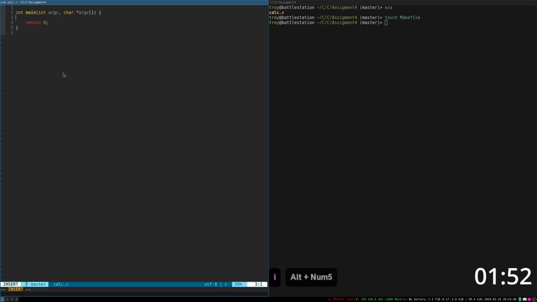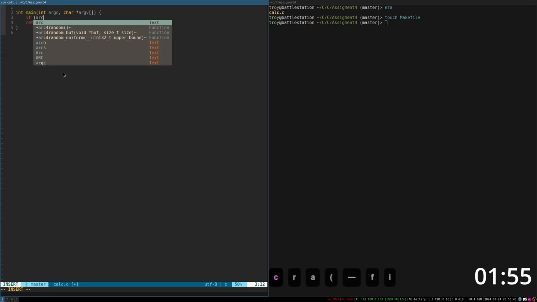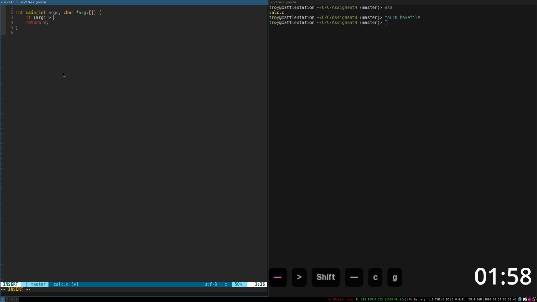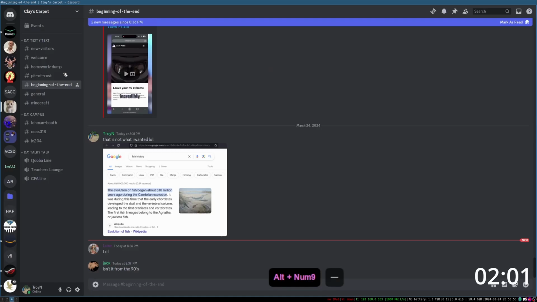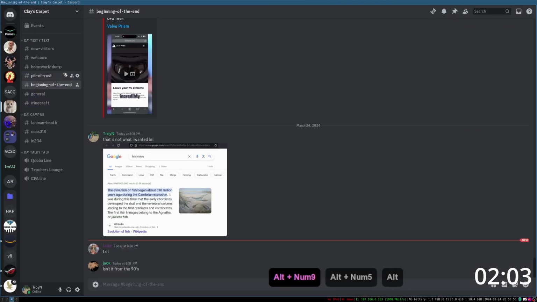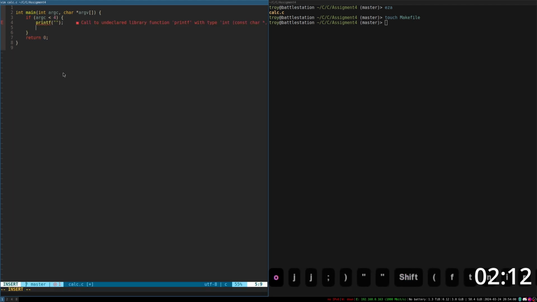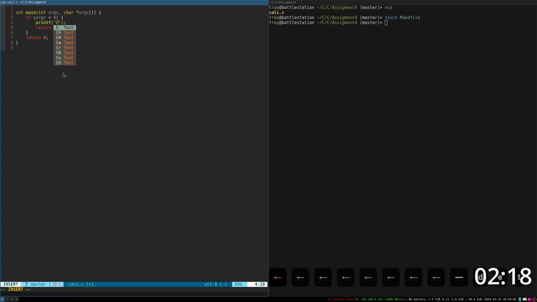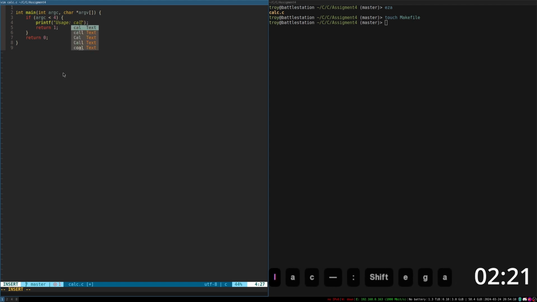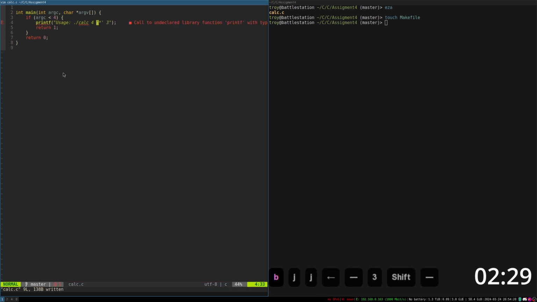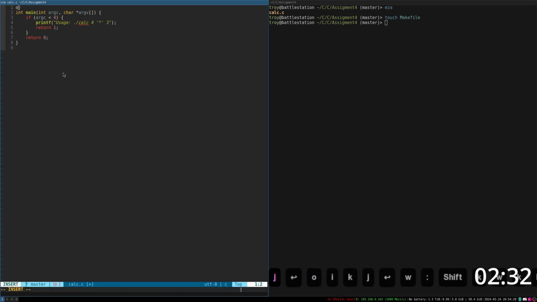Okay, and so we'll do some basic validation first. So if argc is less than 1, 2, 3, whoops, so if it's less than 4, shift is hard, guys. Yeah, basically this is just the error message. We'll return 1 that it's invalid. Well, no, we'll make this nice. Usage, we can assume it's compiled to ./calc 4 times 3. Is that the right spacing? Yep, okay. And we'll have to include